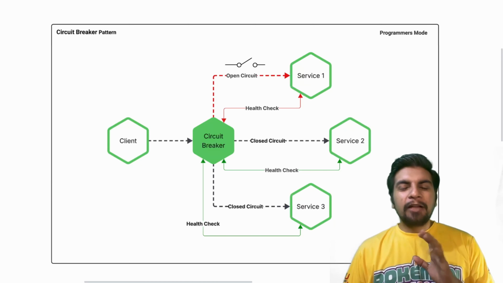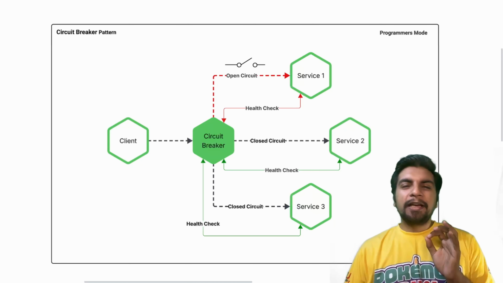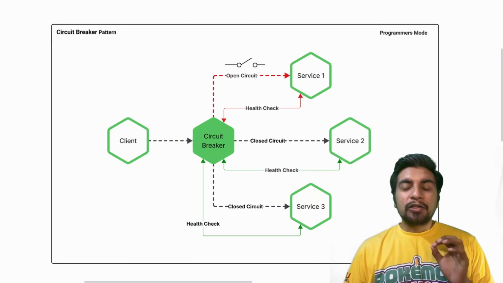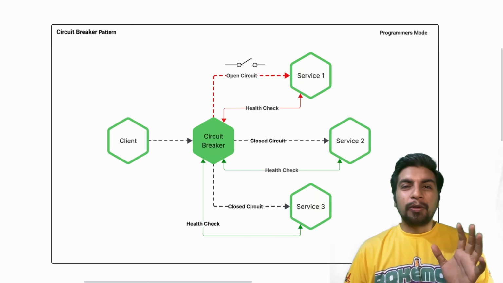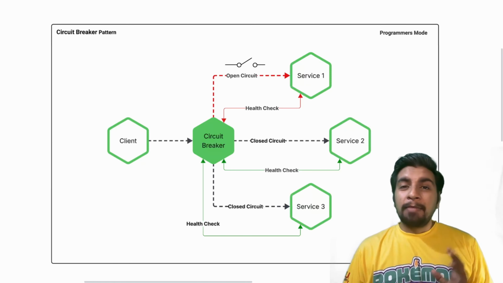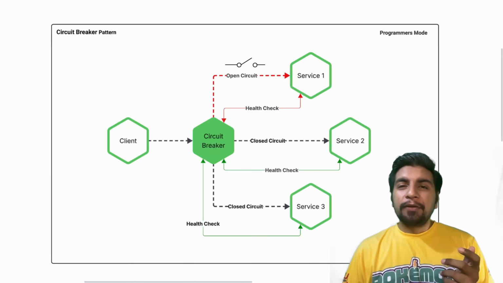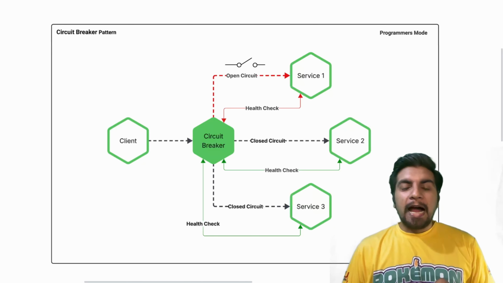So in this video, I will show you what the circuit breaker pattern is, why it's super useful in microservices, and how it keeps your system from crashing like a pile of dominoes. Let's get into it. Imagine you're calling another service, maybe to get user info or process a payment, and that